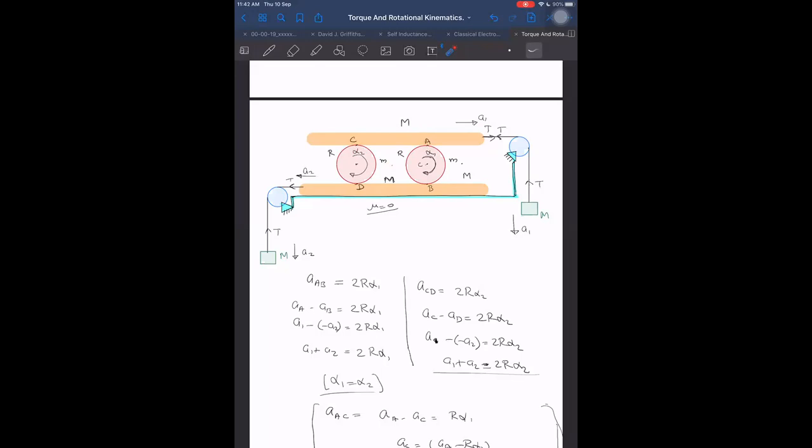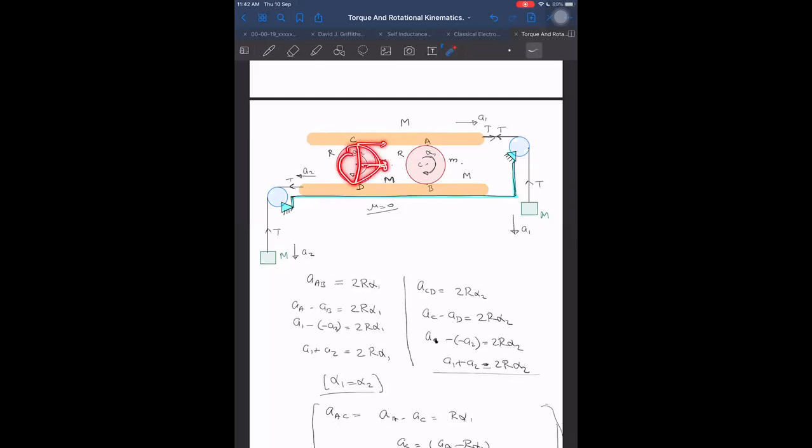If angular accelerations are the same and normals are the same, will the friction be the same or not? If I take the torque about this point here, then the torque due to friction will be 0, this 0, this 0. The torque will be only due to this F here. And if I take the torque due to F, then I think we can get FC into 2R equals IP into alpha.